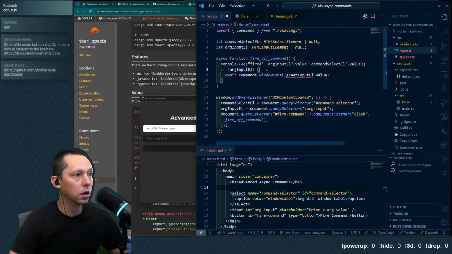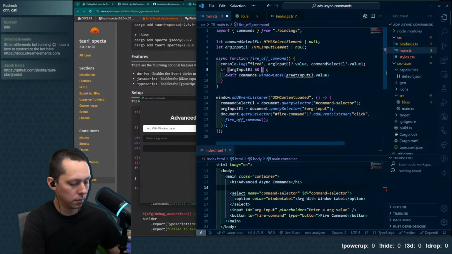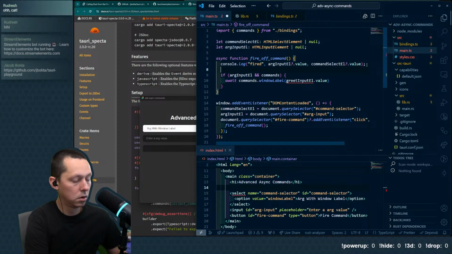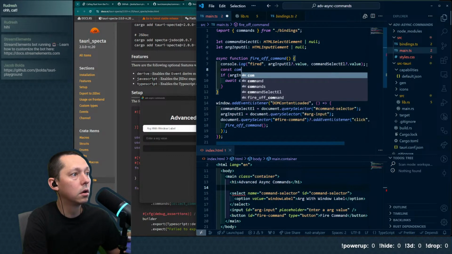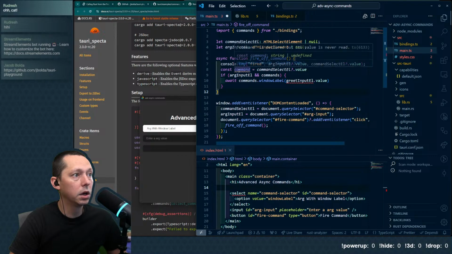And we say if this and commands, that is going to be our command, and it is potentially string or undefined.